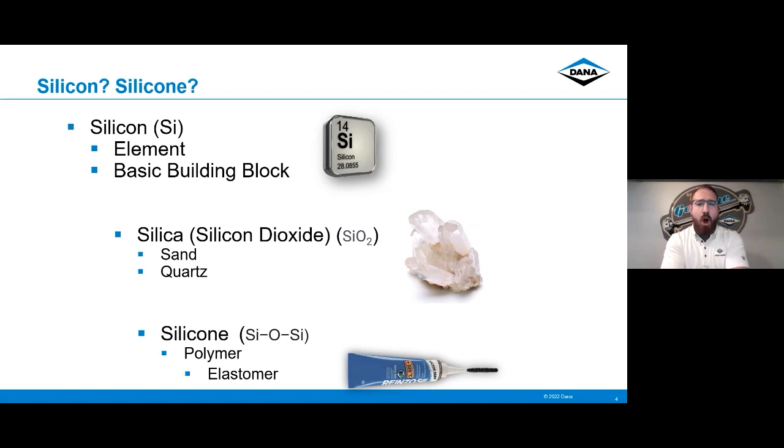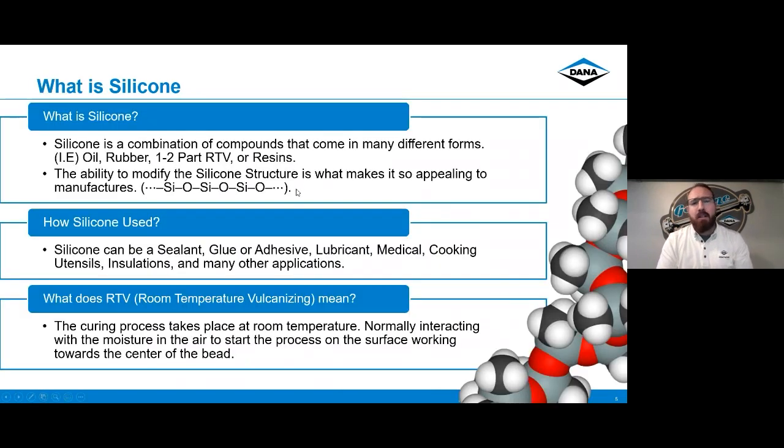But then you have silicone, which is a polymer, right? It has different parts. It has a silicon element to it, and it has oxygen that's also bound to that silicon element. And that's how we get different polymers and ultimately elastomers, in our case, in a sealant, which we call Reinzosil. Now, when we're talking about silicone, the way that silicone can be broken down really makes it such a versatile